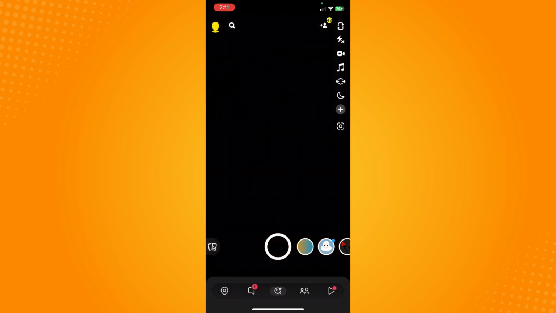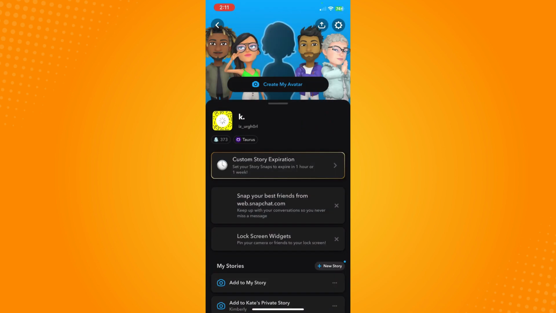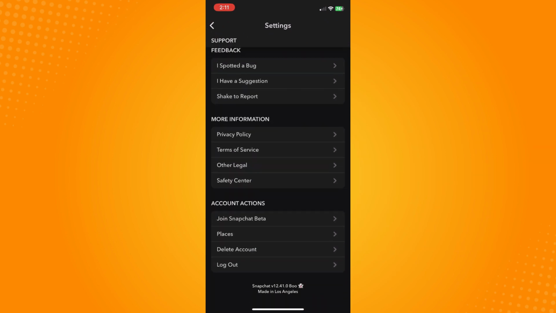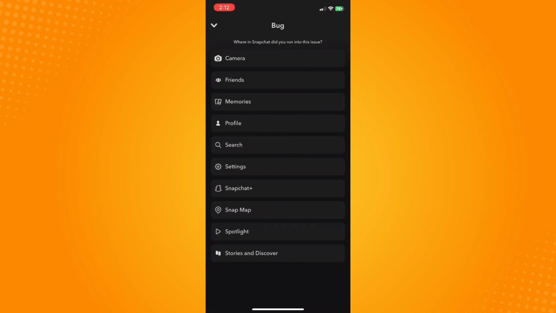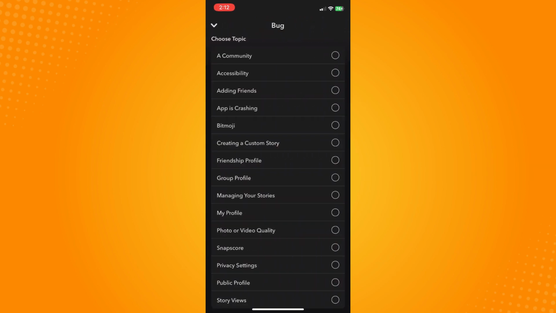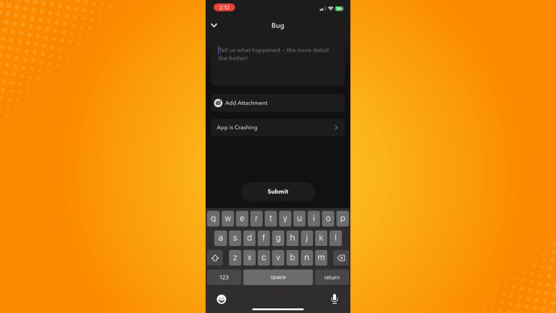Now, if it still doesn't work, then what you can do is take a screenshot of it and go here to your settings and scroll all the way down until you see spotted a bug and then go to profile. Under profile, choose a topic saying you're having a problem, the app is crashing, and then briefly explain, say that you are having the code C14A problem and basically attach